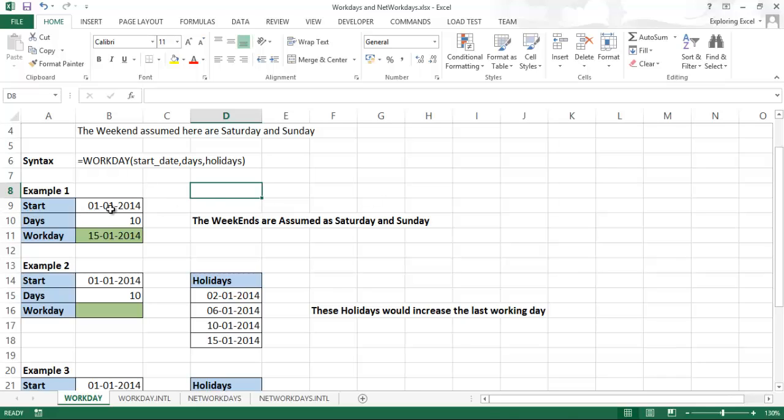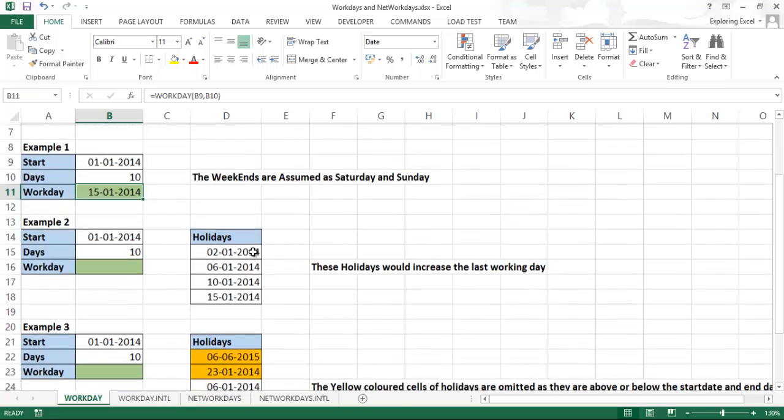So the last working day will be 15th of 1 2014, because this period consists of a Saturday and Sunday too, which adds more days here.